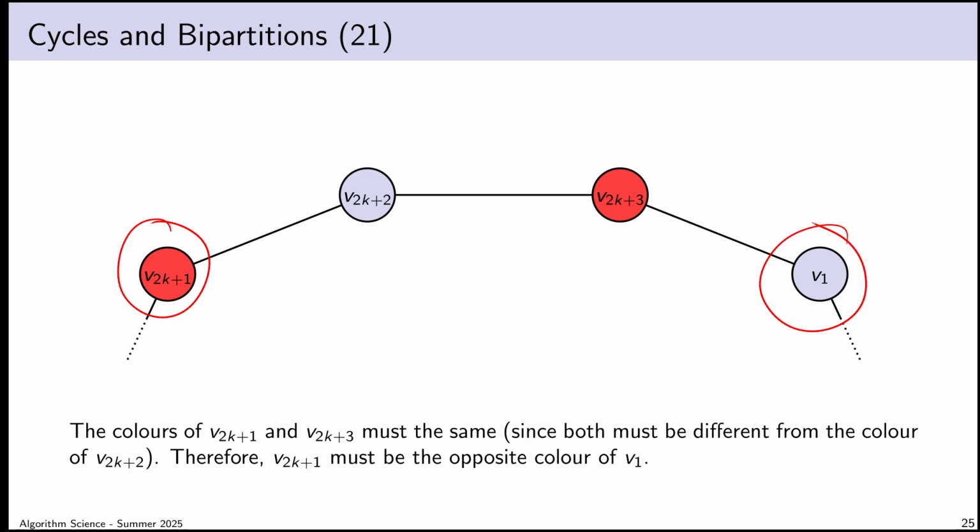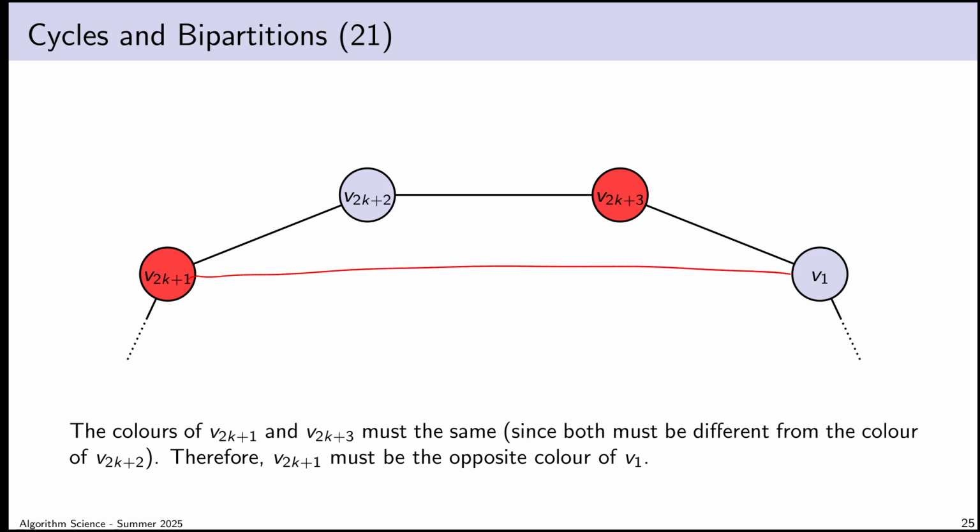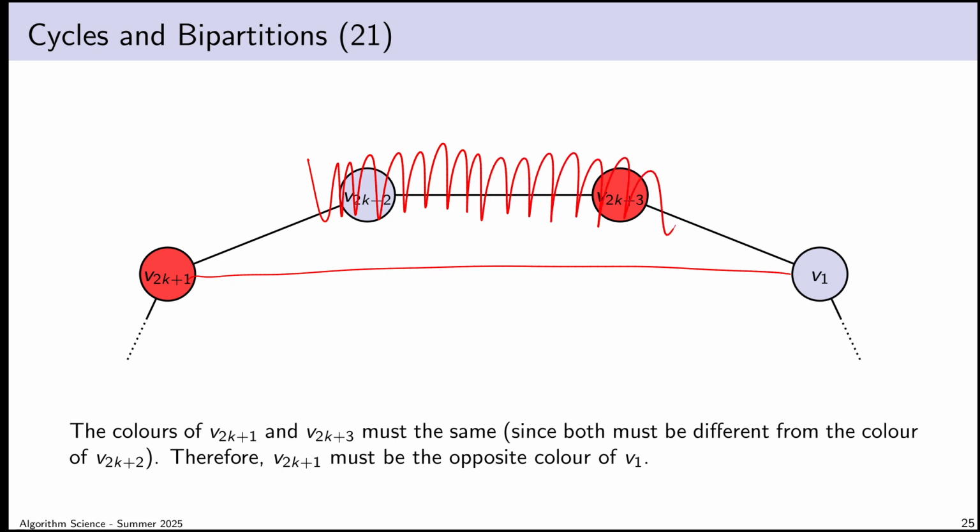Why is that important? Well, it's important because that means if I add this edge, my two coloring doesn't get broken because they have the opposite color. Adding a new edge between two vertices with opposite colors doesn't break anything. If I do that and then I go and delete some vertices, and if you think about it, deleting vertices and edges can't break the two coloring either, then what I'm left over with is a copy of C2K+1. And it's also a two-colored copy of it because I started with a two coloring of C2K+3,